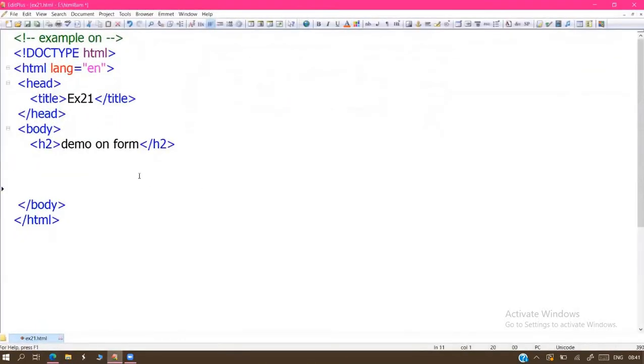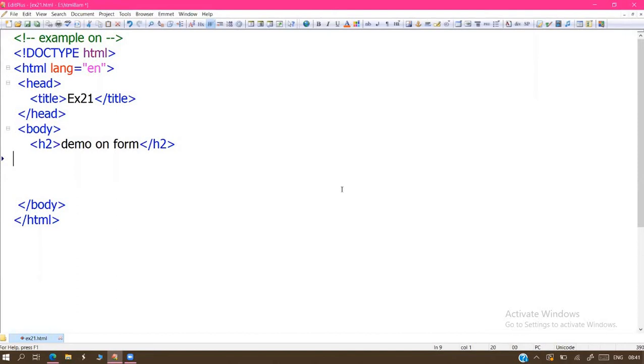Okay, thanks. Sir, I have a question. What is the purpose of the class attribute? The class attribute is used for CSS linking, madam. CSS classes are available, and that CSS class is linked to our HTML tags using that attribute.